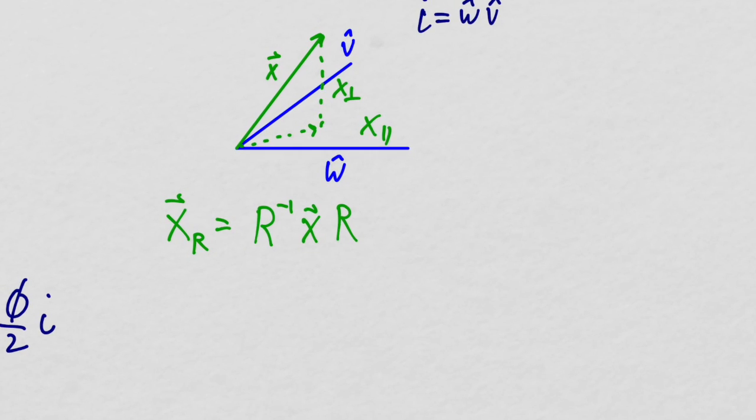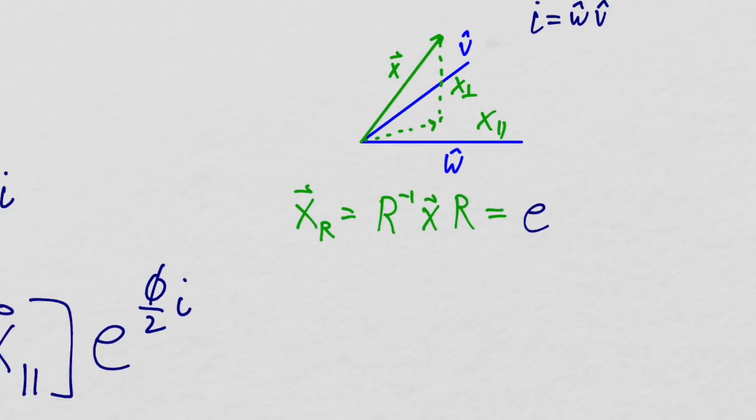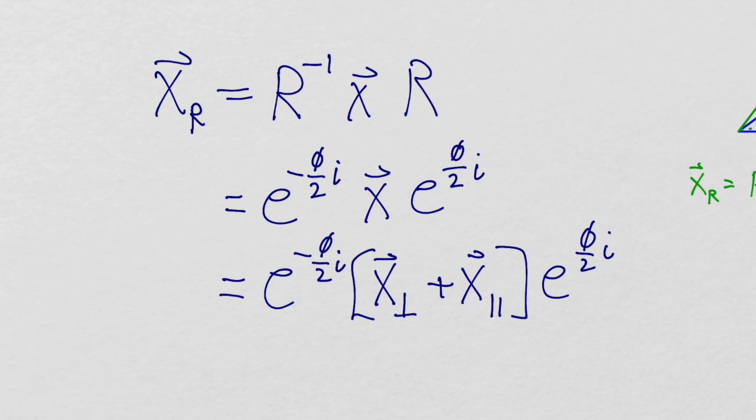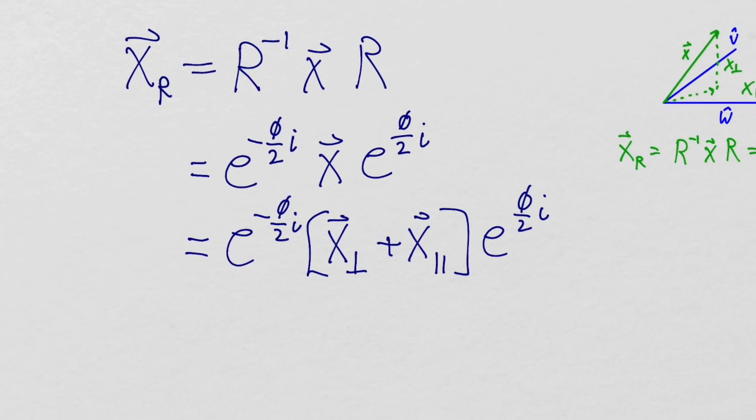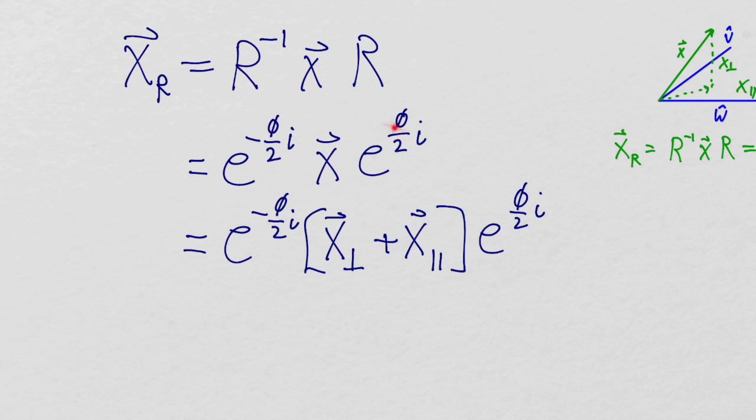Well, now I break x down. I'm going to make a whole bunch of substitutions. I've done it over here, so this is the process. The rotors can be replaced by these two expressions, where phi is the angle of rotation we want to derive on x, and I is the bivector of the plane that we're going to do this rotation in,